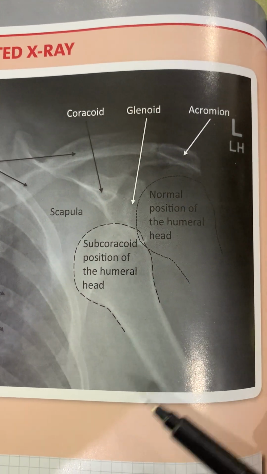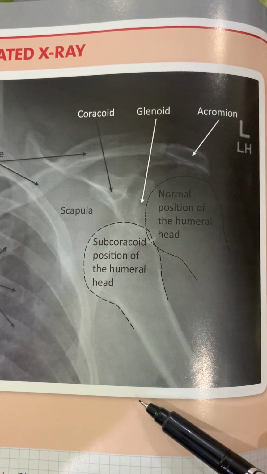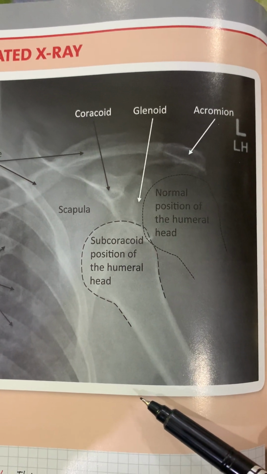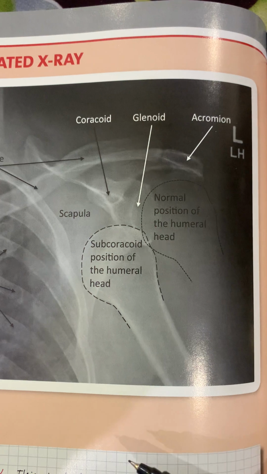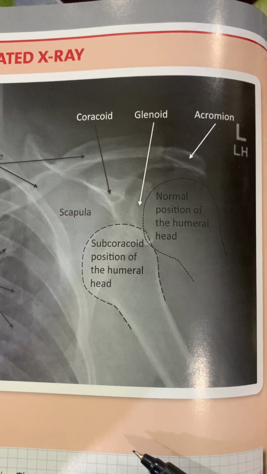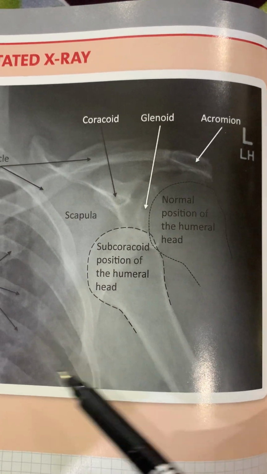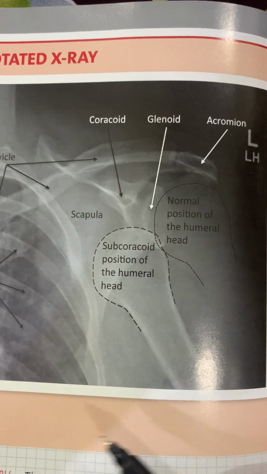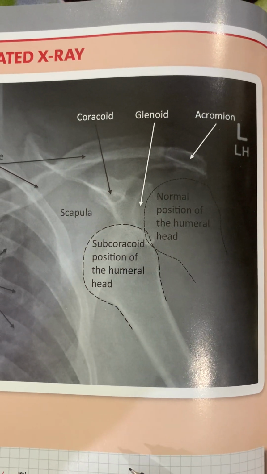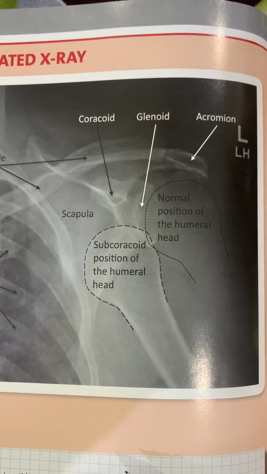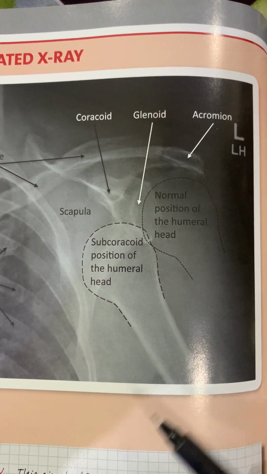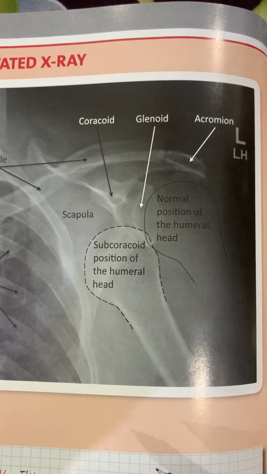There is no associated fracture visible. The bones have normal appearance with no areas of lucency or sclerosis. No rib fractures are visible, and the partially imaged left lung is unremarkable. There are no soft tissue abnormalities, and we would like to view other scapula views, that is a Y view, to